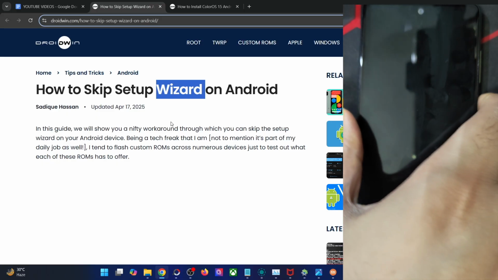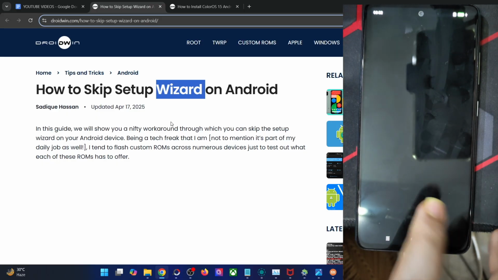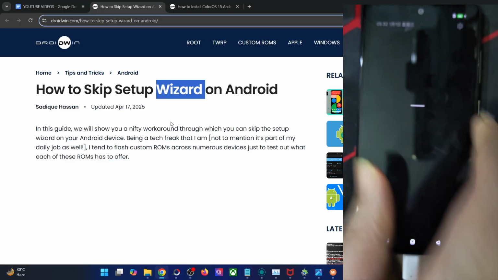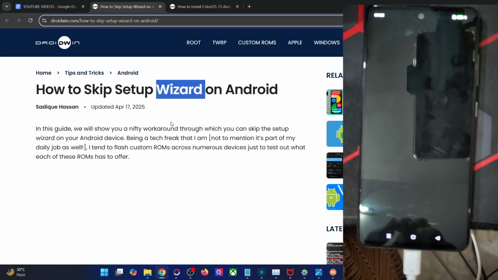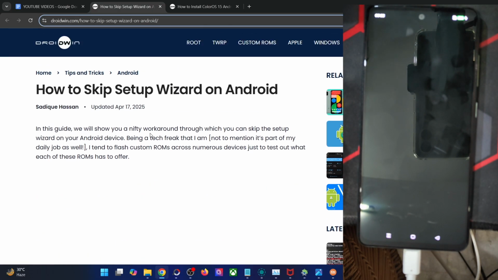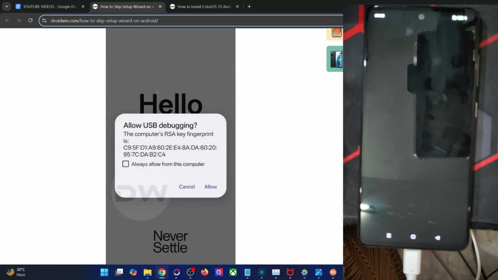For example, I have just flashed a custom ROM, and as you could see, I have just booted to the OS. It's the setup screen, but I cannot access or do anything in the setup screen, and until and unless I bypass the screen, I will not be able to access the OS or do anything whatsoever, as you could see over here. So I cannot accept the terms and condition or carry out any task whatsoever. It's just the setup screen is not working along the expected lines. So if that is happening with you as well, in that case you could easily skip this screen. I'll show you how that could be done.